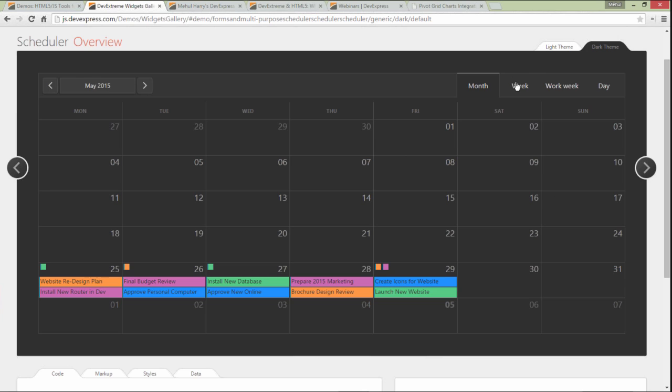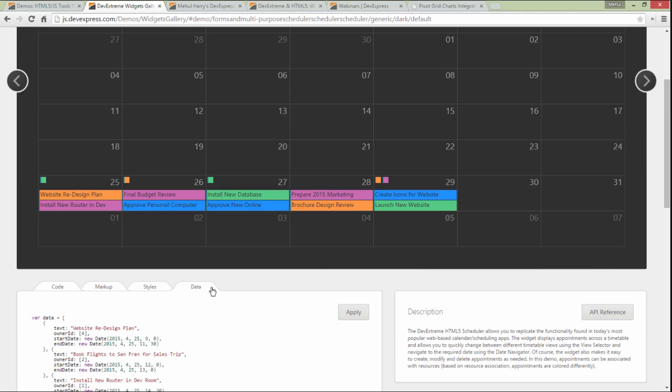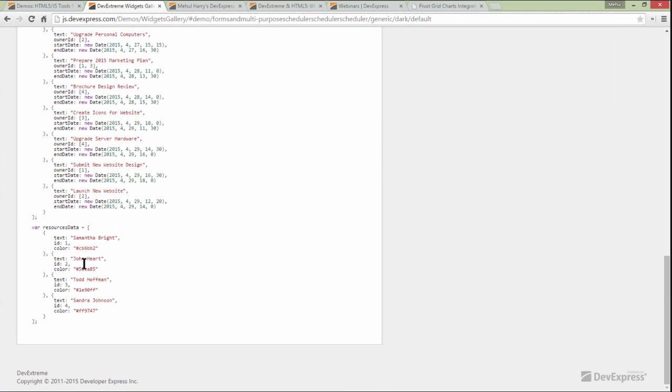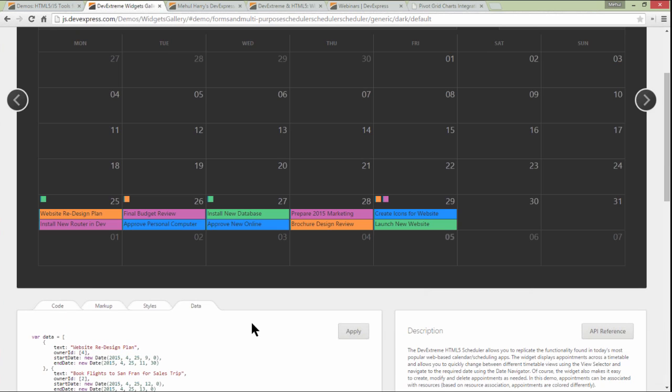Now, the scheduler not only allows you to display appointments, but like a good scheduler, it also allows you to manage resources. So it works with two sets of data. Here we've got the appointment data, and we've got the resources data. And in this case, resources happen to be the people. As you can see, I can even assign specific colors and IDs to each of the appointments as well as the resources, so that whenever one changes, the UI reflects that automatically,